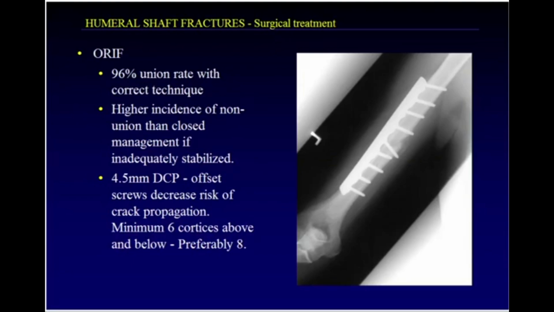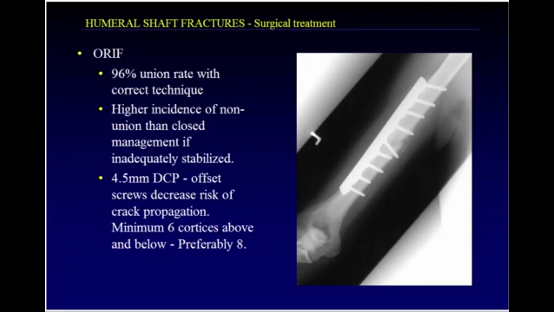You need to use a 4.5 millimeter dynamic compression plate. Do not try to use a smaller plate, a 3.5 plate. You need to use a large fragment dynamic compression plate. Either the broad or the narrow 4.5 DCP will work. I would prefer the broad plate because it has offset of the screws that gives you a decreased risk of